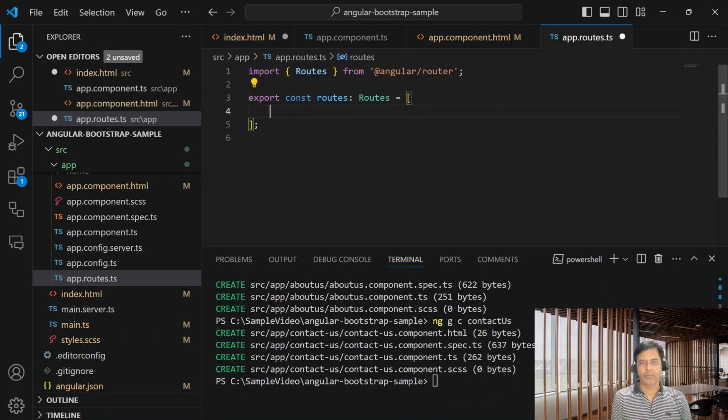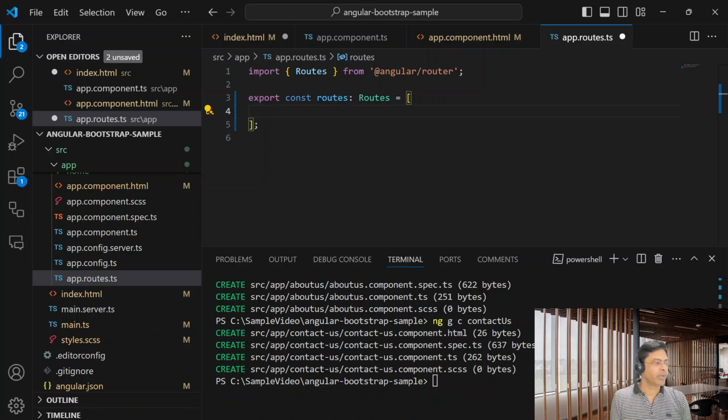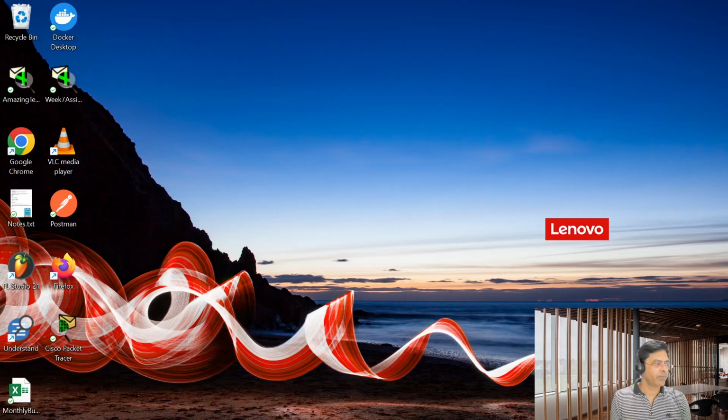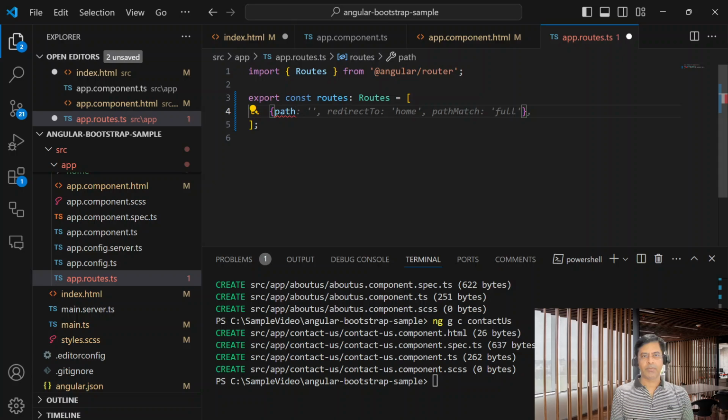Inside this, we'll start adding different components. There are 2 different sections here. It's a kind of array, so we'll create it like this, and then we'll say path, and